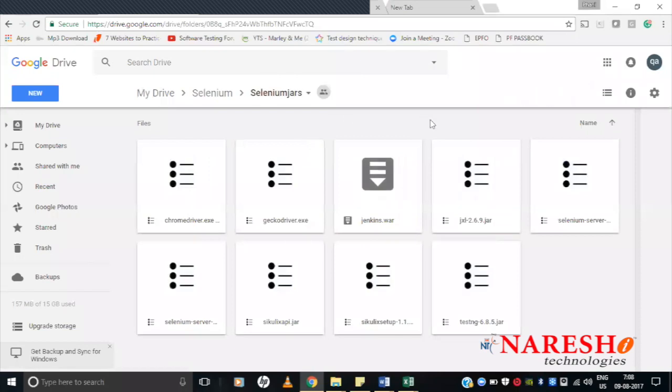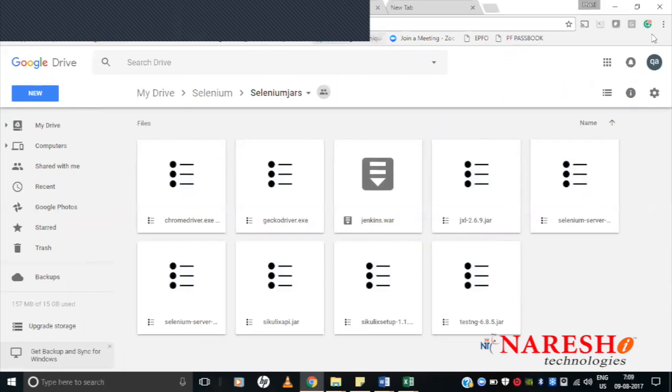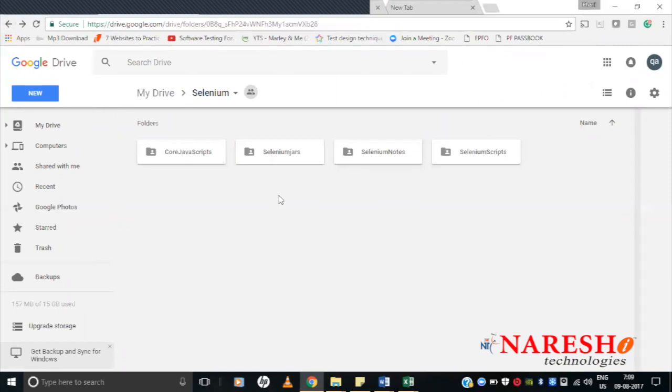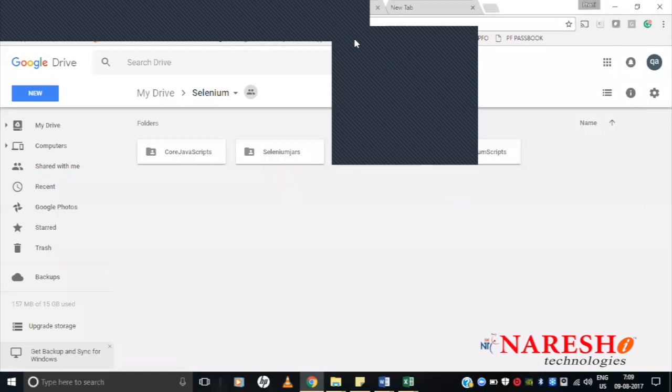This is where I'm going to upload all these jars, which are related to programming, and you need all these jars in order to configure Selenium. So in order to work with Selenium, what are all the essentials that you need? Everything I'll be providing right from the scratch. What are the jar files you need, where you have to download, how you have to configure Selenium. What is the procedure of downloading, installing and getting started with Selenium? Everything from the scratch will be given to you as part of this course.